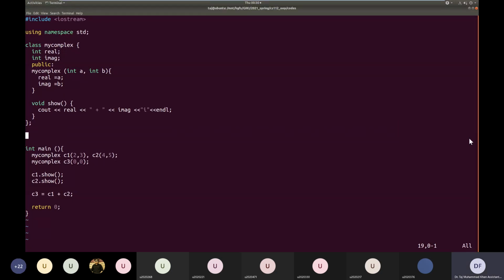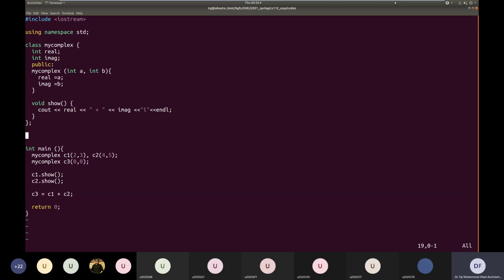A complex number, okay, good. If I remember correctly, the real part of one should be added to the real part of the second, and the imaginary part of one should be added to the imaginary part of the second, and this would give us the real and imaginary parts of the result respectively. Right? Good.